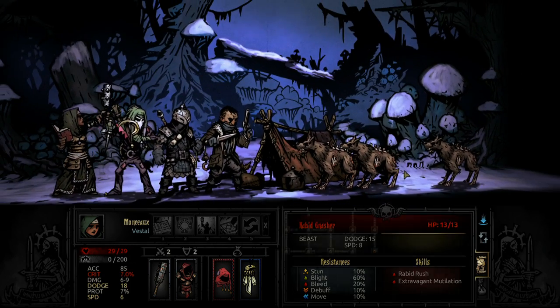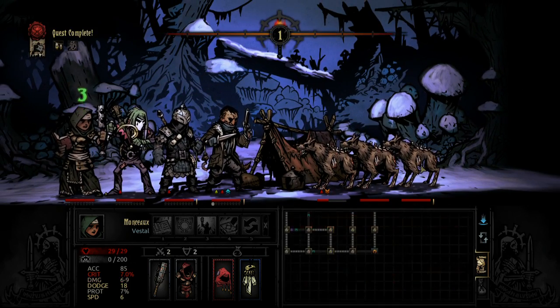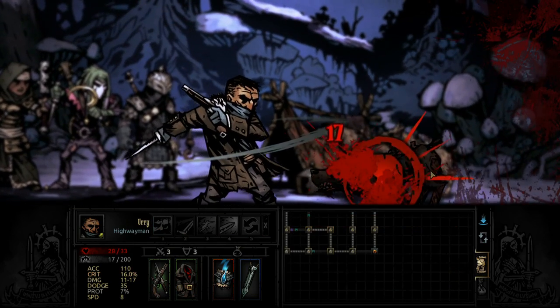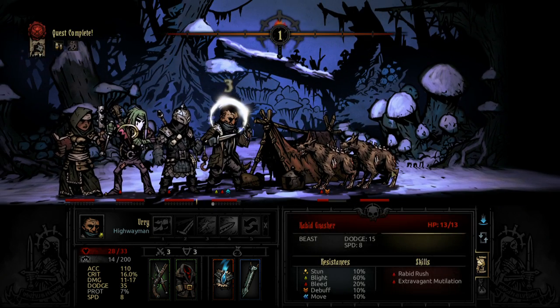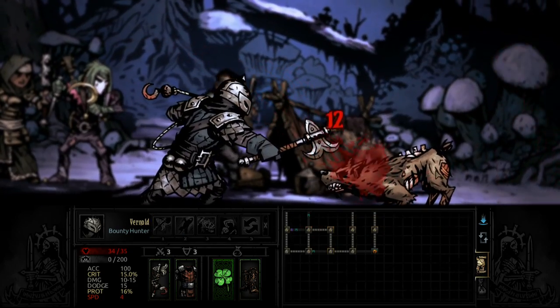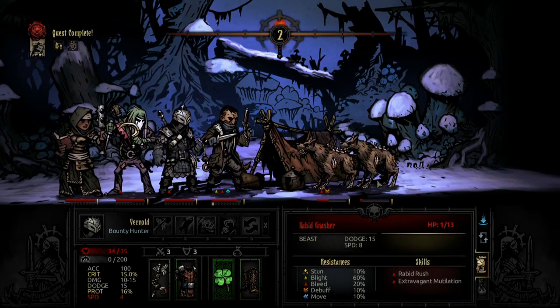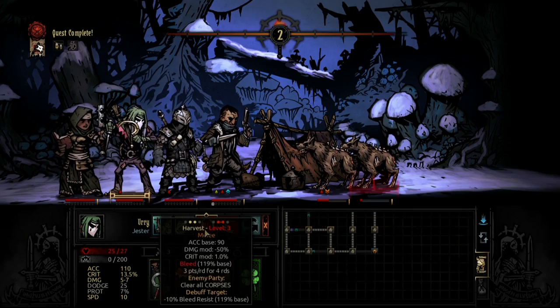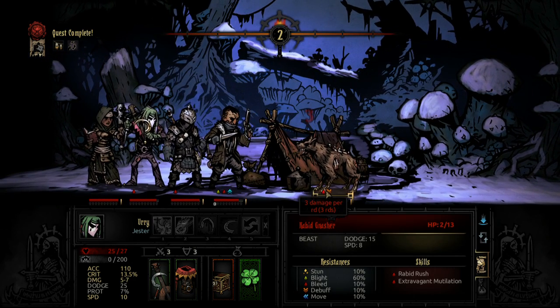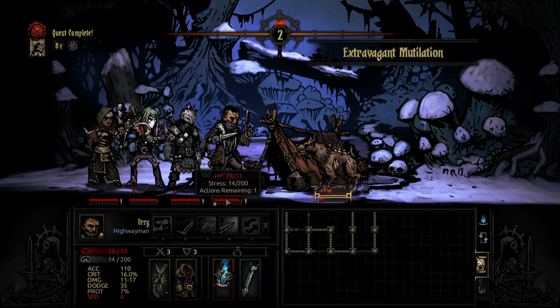There we go. Okay, one down. Wicked Slice is probably going to be more than enough to take this guy out, so I'll go for the opportunity. Decimated. Then Bounty Hunter might get a one-shot off, too. Okay. Oh, almost there. He might get his action off, which means I definitely want to harvest. And he's dead no matter what we do, which means...